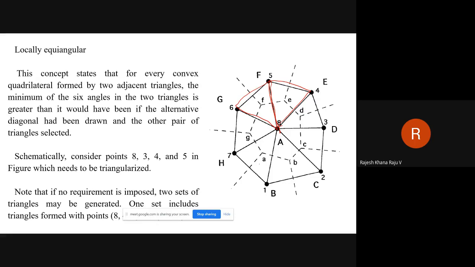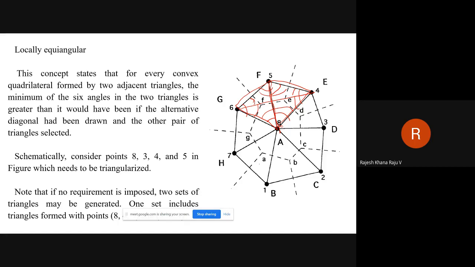Two triangles are formed, and out of these two triangles there are 6 internal angles generated. Out of these 4 grid points, there is another possibility of creating two triangles, like 8, 4, 6 and 6, 4, 5. In that case, you have another set of 6 angles.